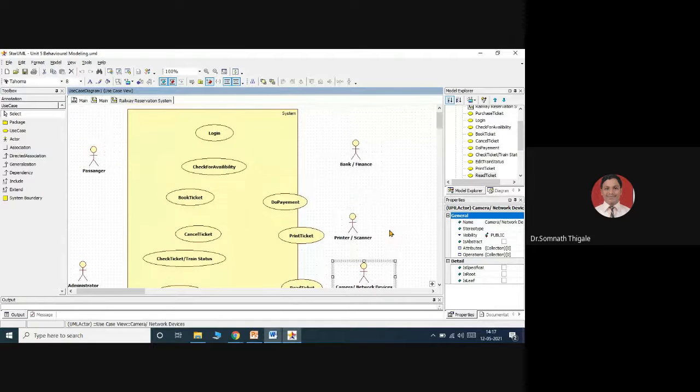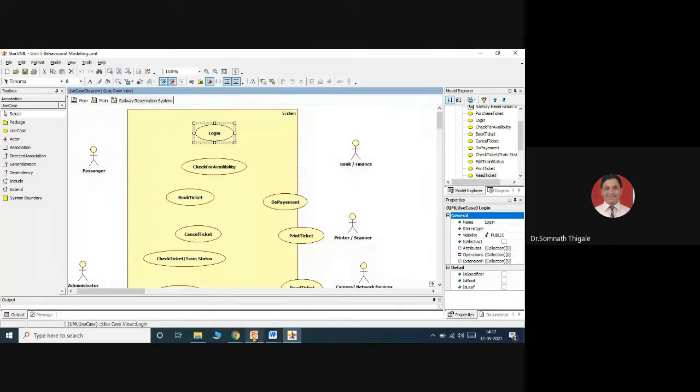The next part is, after finding an actor, our next target is to find the different use cases. What do different use cases mean? A use case uses a simple oval notation, and it represents a specific operation, a sequence of actions performed by a particular actor with respect to the behavior of the system. We will consider them as a simple use case.